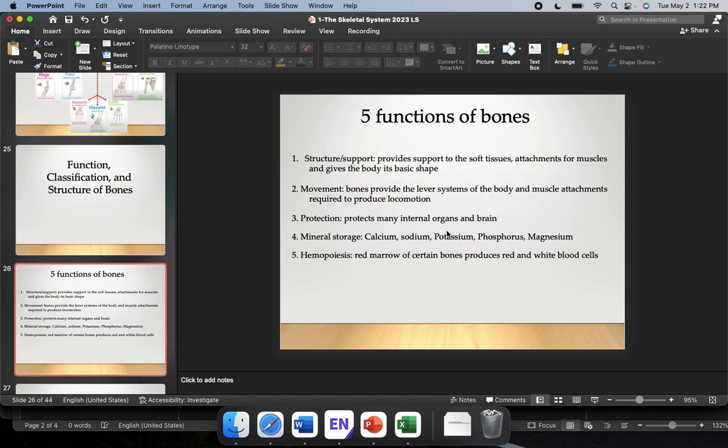Here I wanted to just remind you of the 5 functions of bones and of our skeletal system. I think there are nice examples throughout the body of each of these functions. A function of bone is structure and support: it provides support to soft tissues, attachments for muscles, and gives the body its basic shape. A lot of this class and maybe your other previous anatomy or physiology classes have hopefully spoken about these and the skeletal system's importance in providing structure and support. We will dive much more into this topic as we get into specific structures that provide attachment for organs and